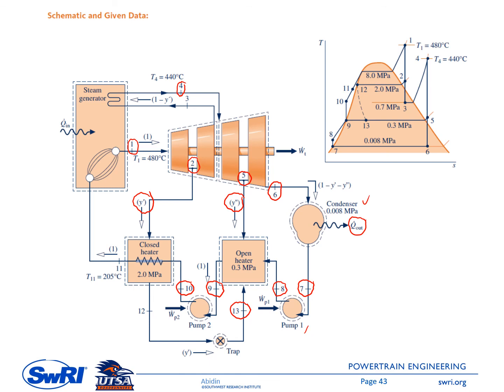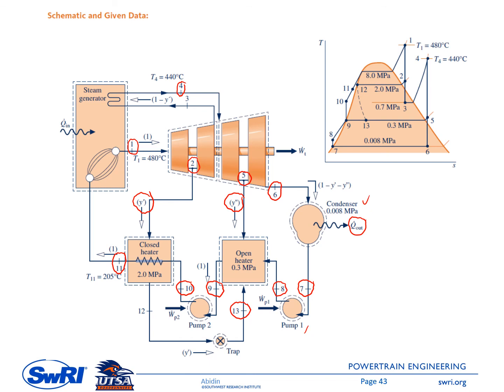Okay, so the working fluid at point 10 got heated from the extracted fluid, and then it increases the temperature from state 10 to state 11, this one, okay, and then by looking at the extracted fluid from state number 2,